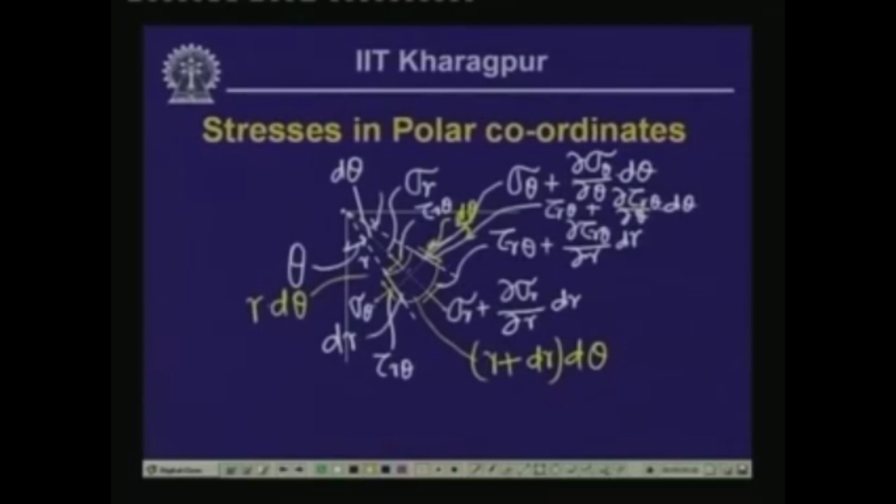Also, we have the tangential stresses on this surface, and sigma theta will have a component in the tangential direction, and also in the radial direction. The component in the radial direction will be sigma theta times sine of d theta by 2, and d theta being small, we can approximate sine of d theta by 2 as equal to d theta by 2. So, if we write down the equations of equilibrium in the radial direction, then the equation which we get,